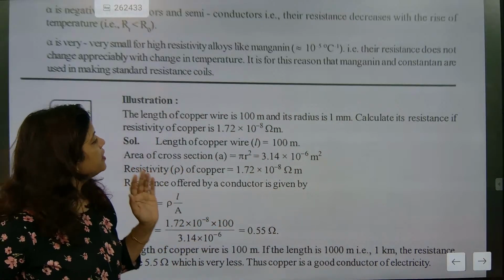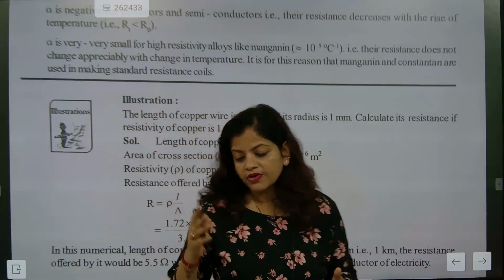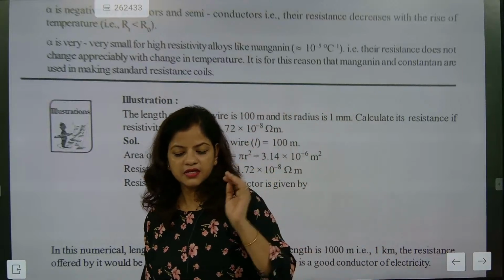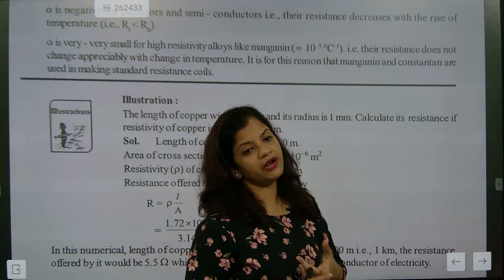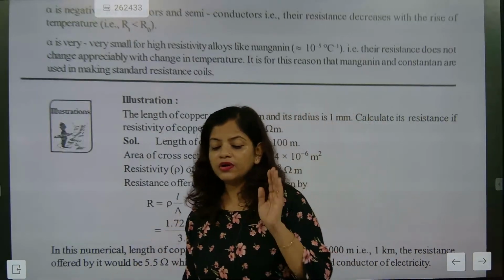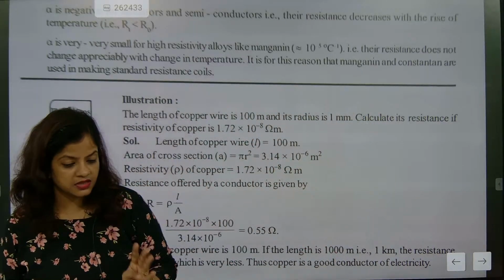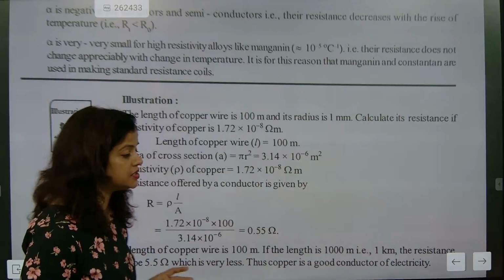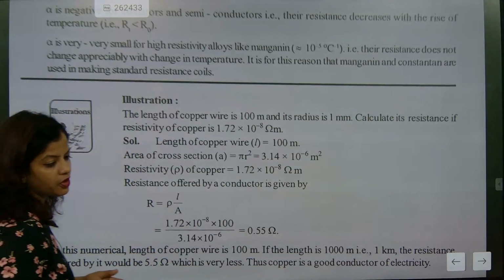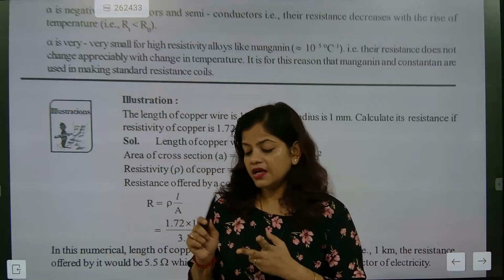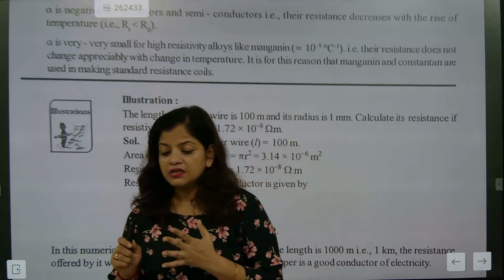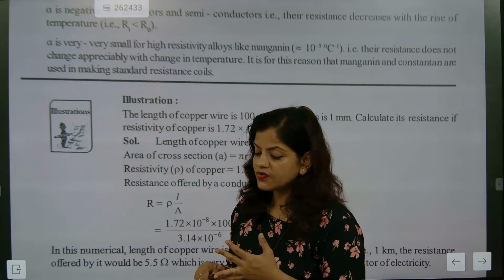Now, see, whenever we talk about resistance, we need to understand some very important sections of resistance. Resistance will be dependent upon four factors. What are the four factors on which resistance depends? Last class, we discussed that resistance depends upon the length of the wire, first. Second is its area of cross section. Third,